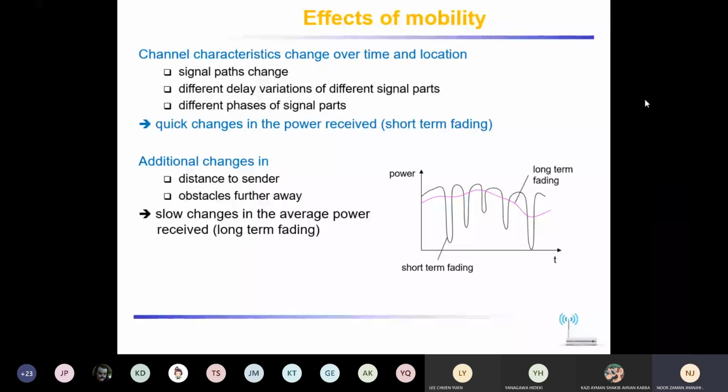We could discuss 2 to 3 lectures and 2 to 3 chapters about the mobility effects. But that is part of mobile communication and mobile computing, not this course. So we are just touching on it here to give you an idea, so that you are not totally blind to this aspect as well. This aspect is a major concern in maintaining the quality of the signals.